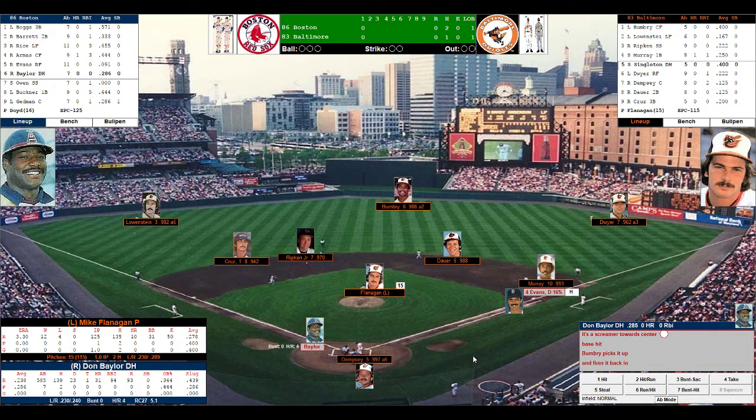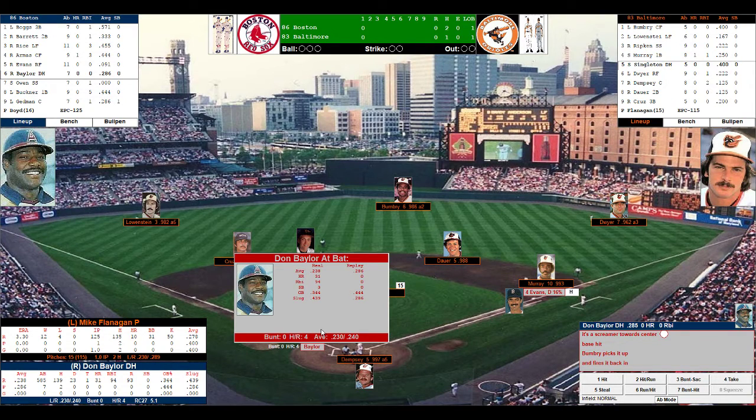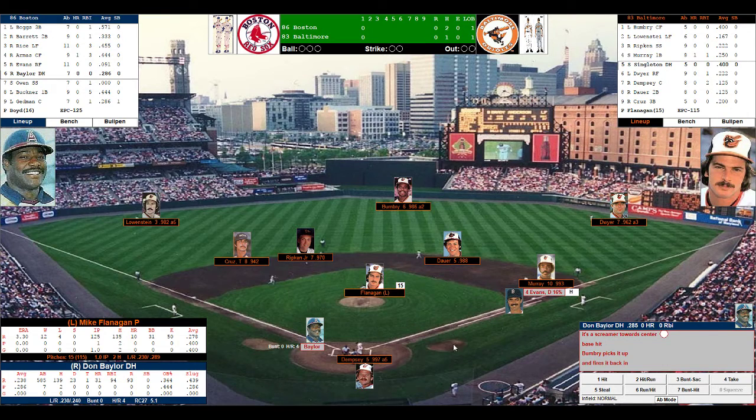Evans will be held on by Murray. Evans, 4 out of 10 base running ability. And here comes Don Baylor. Baylor, .285 batting average, no home runs, no RBIs. In 1986, Baylor batted .238, 31 round trippers, 94 runs driven in, 93 runs scored. Off left-handed pitching, .230 batting average. He'd like to run into a Flanagan fastball, but Flanagan has a lot of movement on his pitches. Known for the slider, I believe.